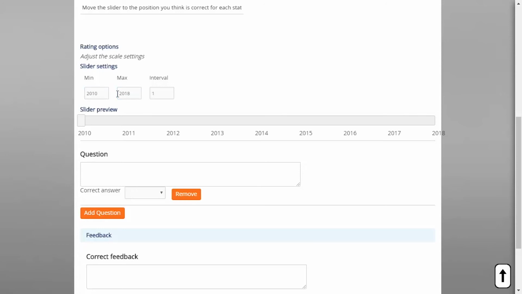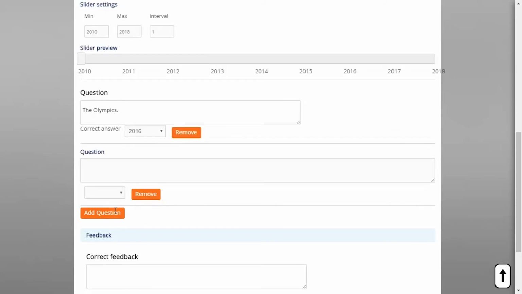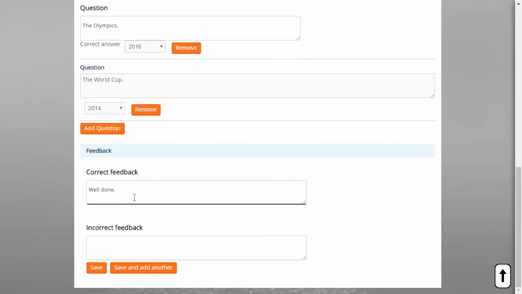Next, enter the statement by selecting the question box. Now select the correct answer for this statement. You can add multiple statements. For each statement, you'll need to enter the individual feedback. We are then again able to select whether we want to save or save and add another question of the